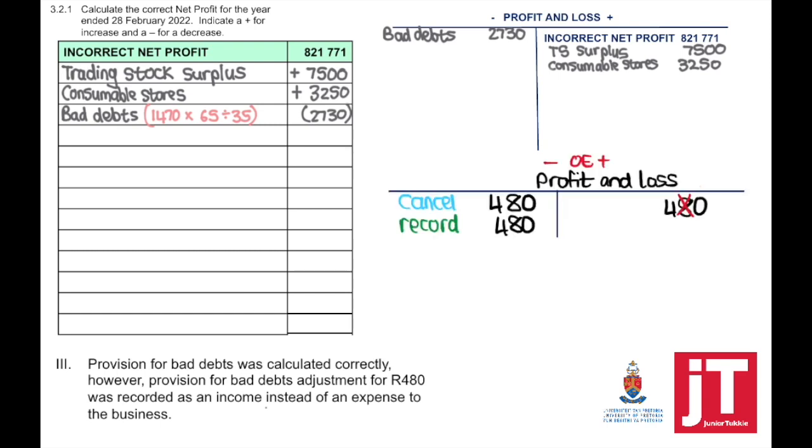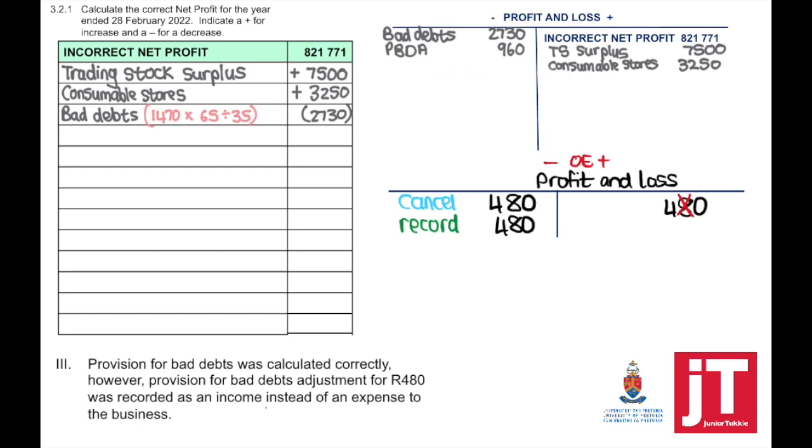If it was recorded as an income, it means it would have been closed off to the profit and loss account on the credit side. To correct this, we need to take it out, but to take it out, we're only going to cancel that entry. But we still need to show the provision for bad debts adjustment, which was an expense. The correction, we have to debit